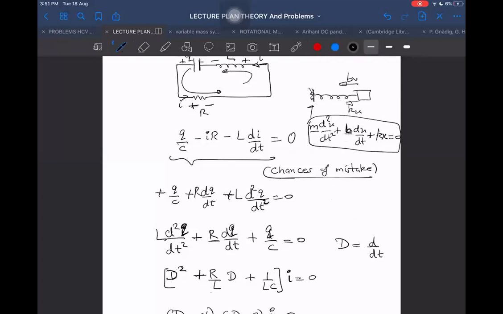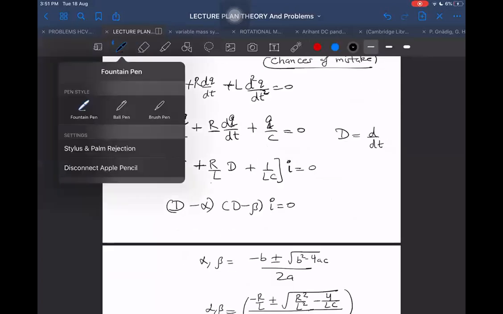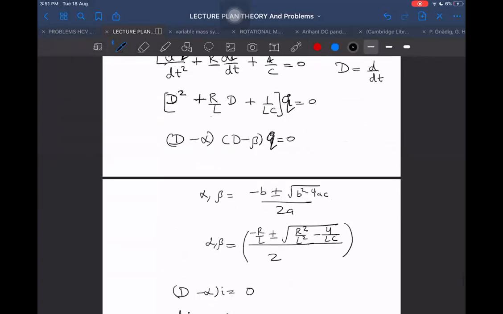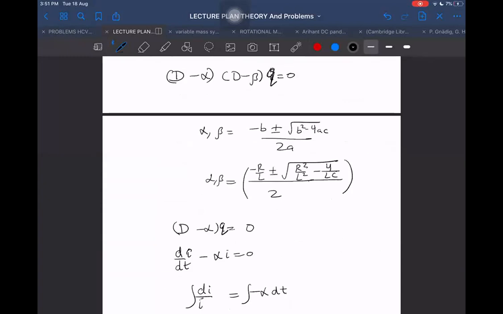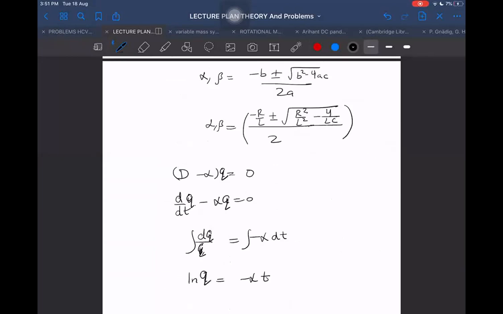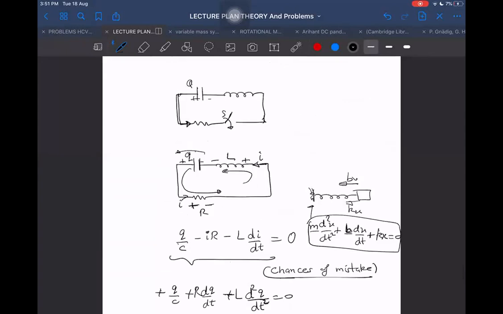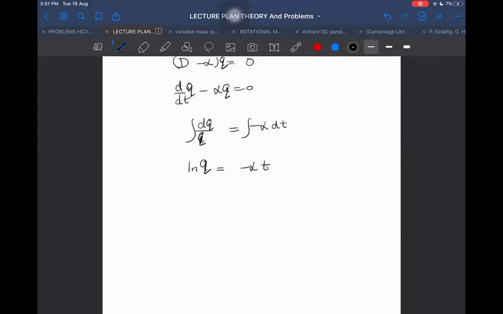So this whole equation can be written in terms of Q also. Then it will be the same equation, and exactly the same way we can analyze it. Here also Q, and I know that log of Q is equal to minus alpha t. What was the initial charge in the capacitor? Initial charge in the capacitor was Q, capital Q. I realized when I started to put the limits that I had done something not required. Otherwise also I don't know the current initially, and from that we are not getting the right result. So we are getting Q into e raised to power minus alpha t.